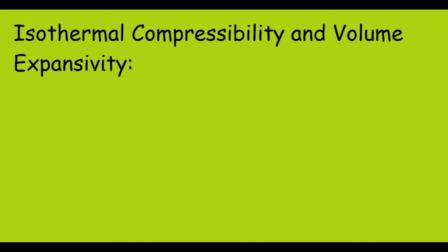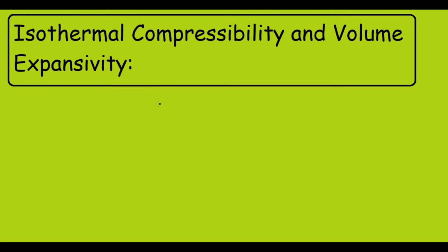In this short video, I am going to show you how you can derive the isothermal compressibility and the volume expansivity terms very quickly. To start with, first I will take the specific volume. Specific volume has the unit meter cubed per kg, that is, it is the reciprocal of density. It is known as specific volume. So this specific volume, I will take it as a function of temperature and pressure. This is what I will assume.